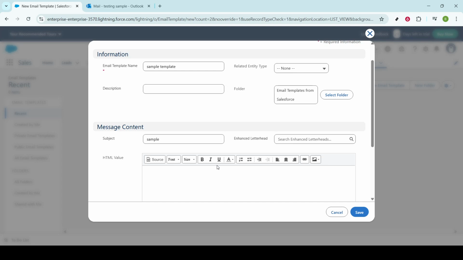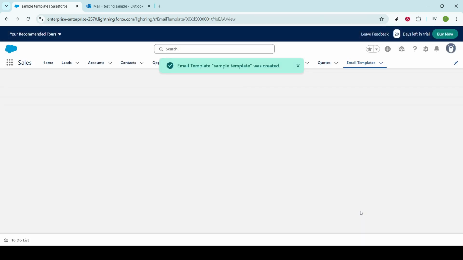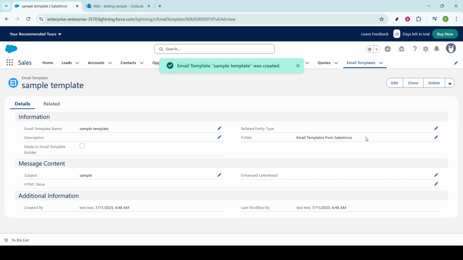Lastly, after you're satisfied with the content and settings of your email template, it's time to click Save. This step will preserve all your hard work and finalize the template, making it readily available for use whenever you need it. And there you have it. You now have a fully fledged email template ready to deploy in Salesforce, allowing you to communicate more efficiently, personally,